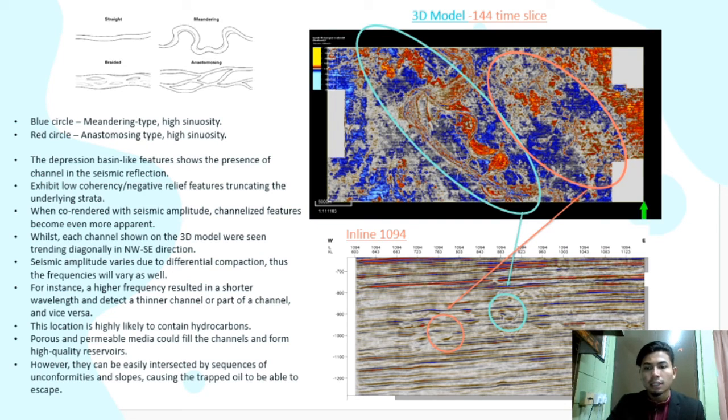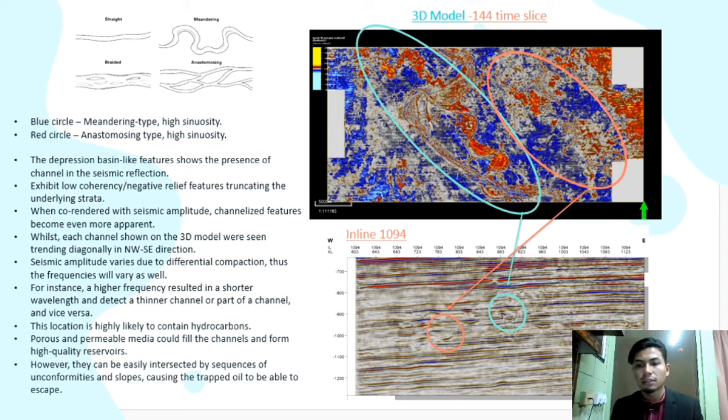In the seismic data, we can identify the channel based on the depression basin-like features shown in the seismic data. So from this we can see that this is the channel present in the Bundi field, and we know that the channel of the river is